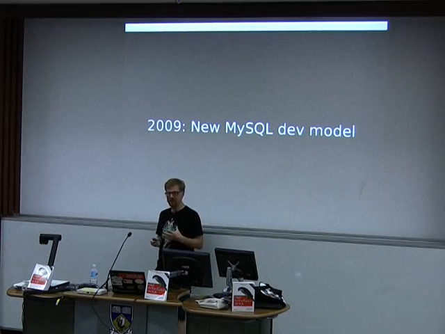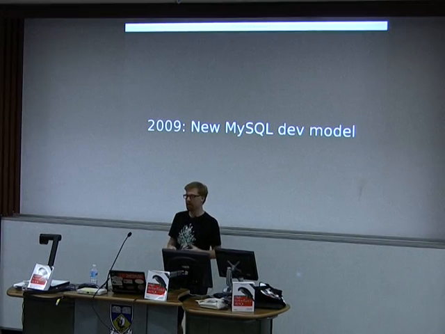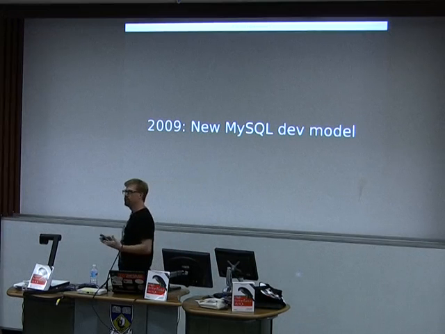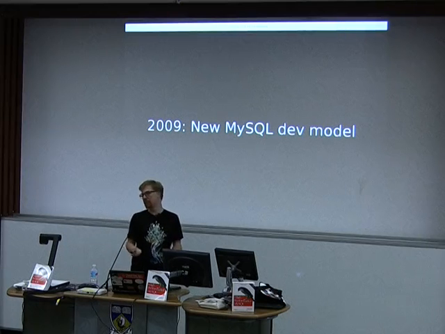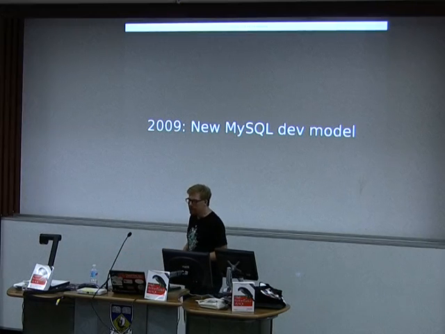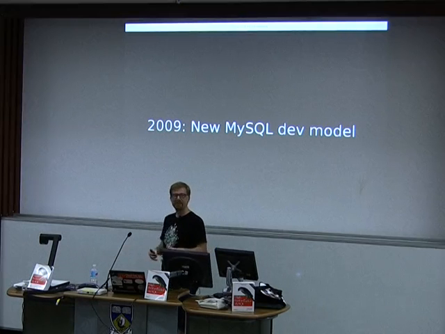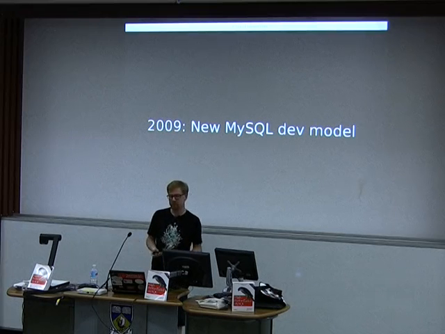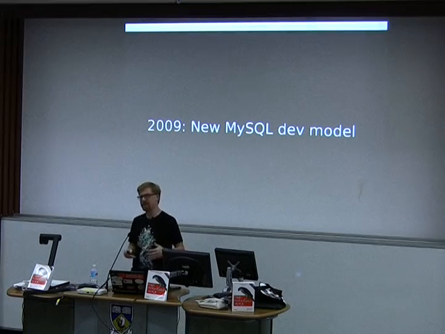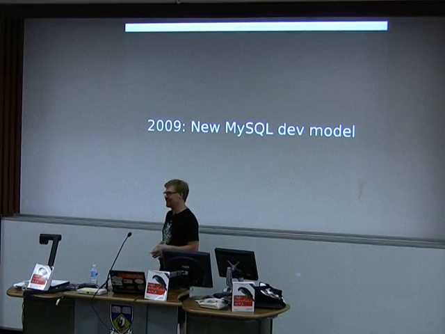Also in 2009, they started to switch to a new development model, which had the odd idea of not merging rubbish, and possibly completing features before merging them, possibly testing before merging, and then creating sort of stable releases that were usable. And this was influenced by what we were doing at Drizzle as well. And it was sort of influenced by a bunch of the grown-ups at Sun, where you can say many bad things about Solaris, and I did frequently and often to people inside Sun, to the extent that someone